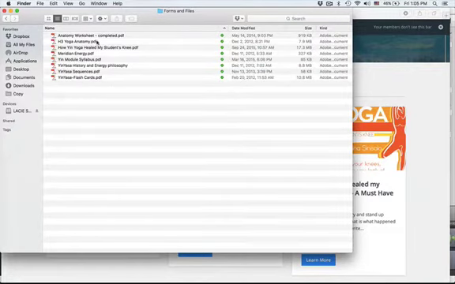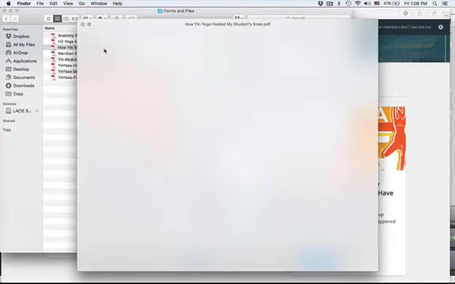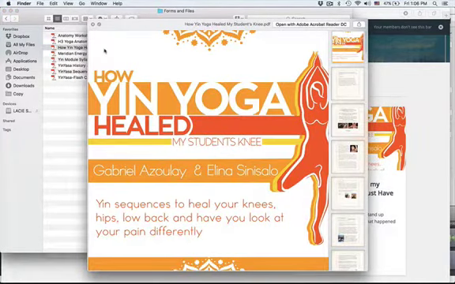In the forms and files, you have a complete anatomy worksheet, again, to support you with your anatomy background as a student and as a teacher. You get my book that I wrote with a student that was a massage therapist. Alina was a massage therapist, and her knee had